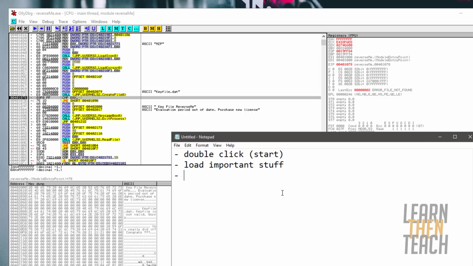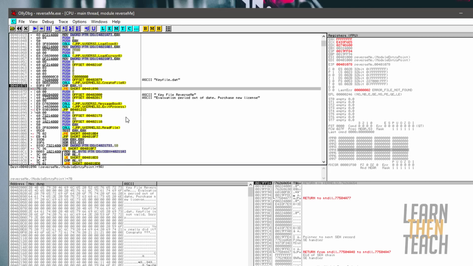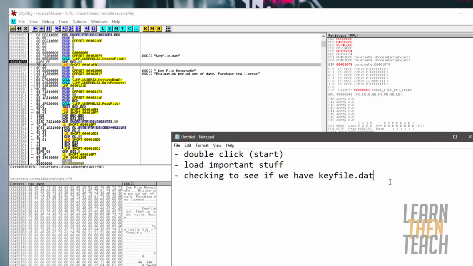As you can see here, like I just said, this create file is checking to see if we have keyfile.dat. Then we're going to jump down to this compare, and this compare is basically going to say, okay, compare the values. Let's see if we have that key file in the directory, and if we do, then it would jump over this. It would set a value so that we jump over this error message. So we can say, if key is there, jump over error, and then we can say if key is not there,